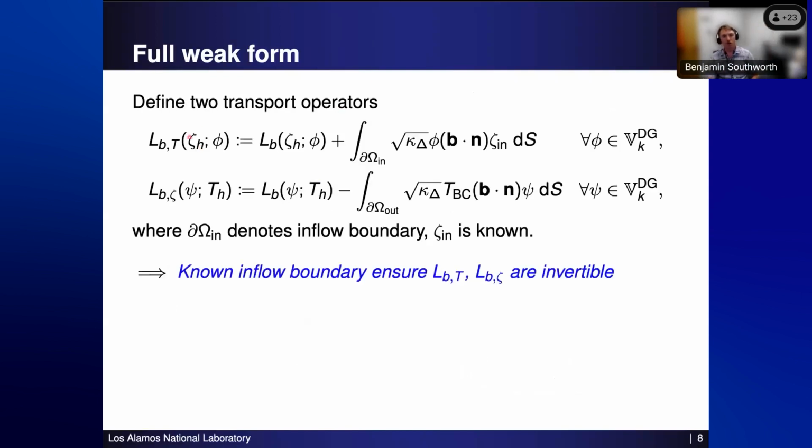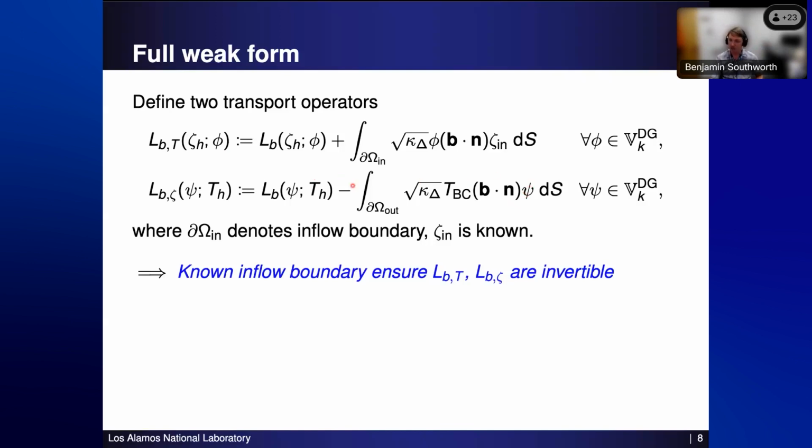And so in the full weak form, we have two transport operators, one on each off-diagonal of our coupled 2x2 system. And there's one nuance here: when we pose it as a transport operator, we need a boundary condition. If we just consider discretizing the first order gradient without a time derivative, we can't pose boundary conditions on the whole domain. And so we need an inflow boundary condition.